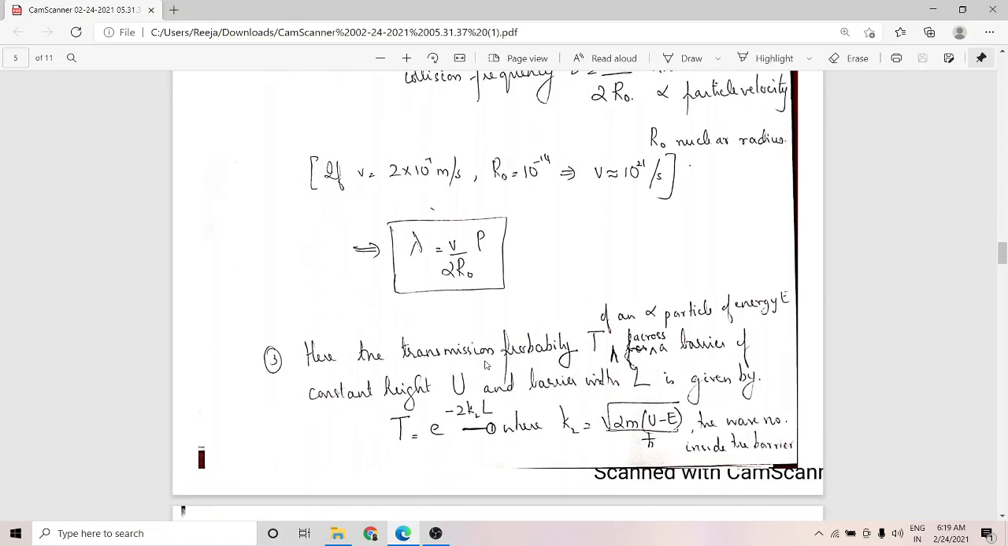Hence, the transmission probability of the alpha particle across a barrier of constant height u and barrier width L is given by, this you have learned in your quantum mechanics. That is, if a particle is encountering a rectangular potential barrier of height u and width L, its probability of transmission,